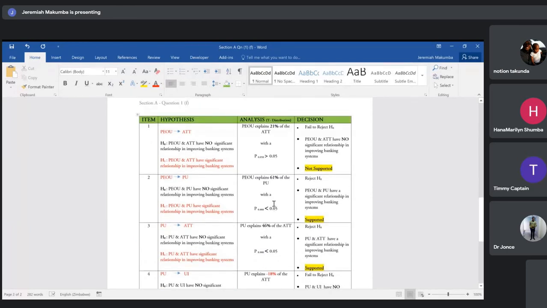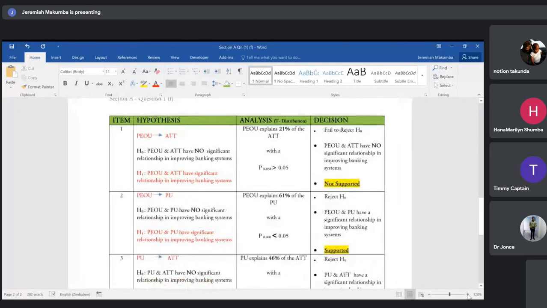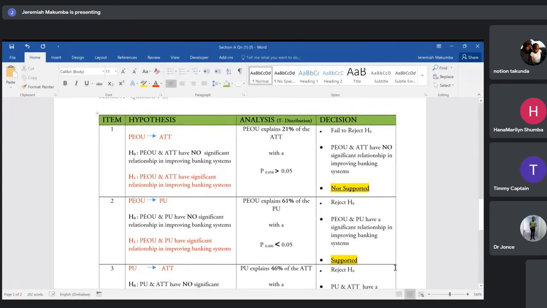Right. The answer requires us to put the words not supported and supported. So our decision, we have derived them. I've tried to work out how we've come up with the not supported or the supported. I will start with hypothesis 1. The way we've reviewed this hypothesis is it's saying PEOU, whereby the PEOU is standing for